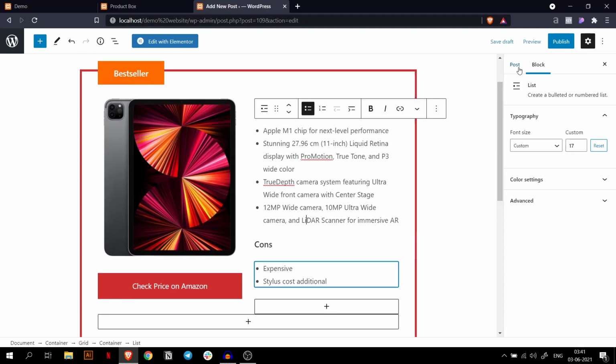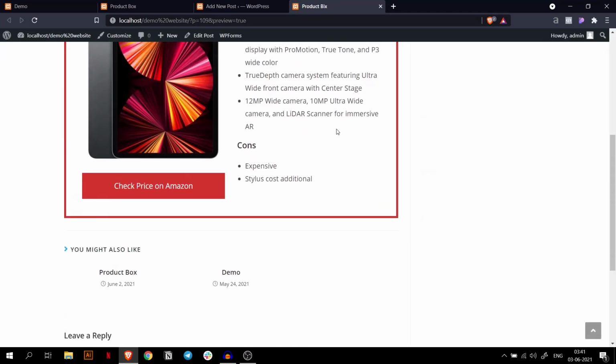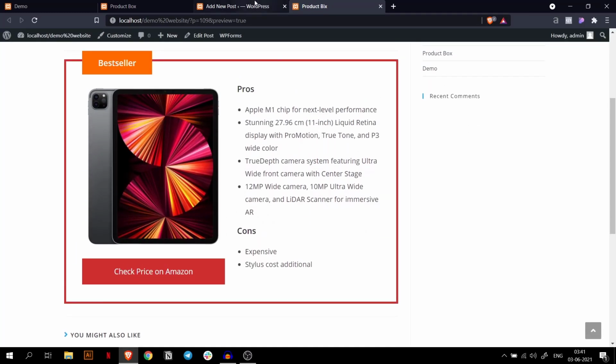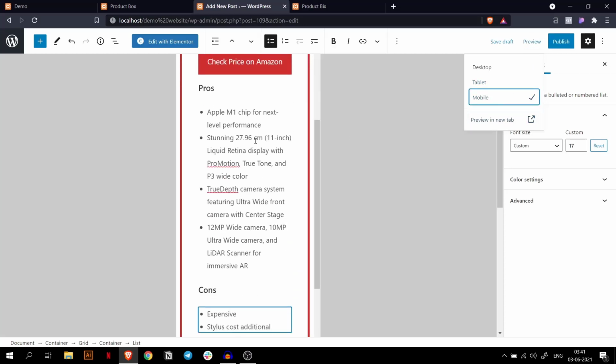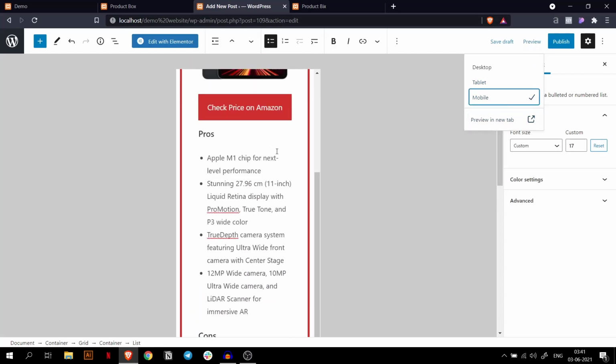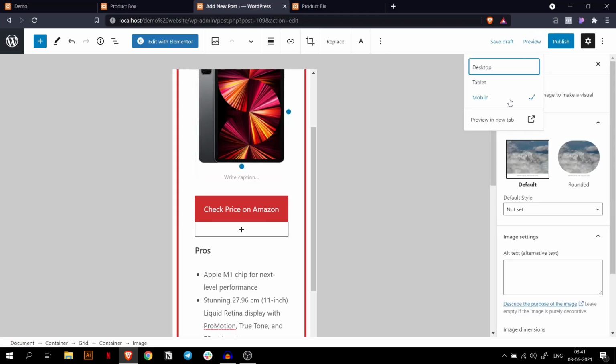Now let's preview it. So this looks good, and you can also see let's preview it in mobile, and you can see this is responsive as well, so you don't have to worry about it being responsive. Let's go back